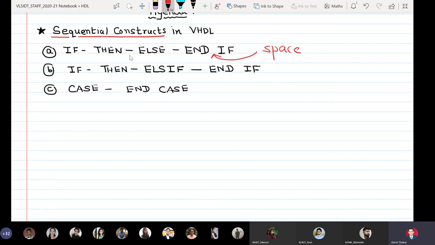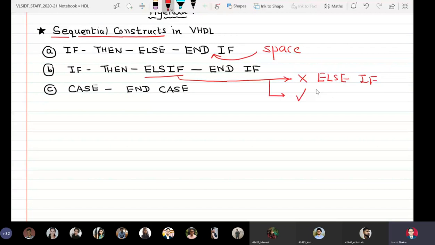And a slight variation of the first construct is if, then, elsif, and end space if. So here we have to understand that this particular thing is not else space if. If you use it like this, it is not acceptable.